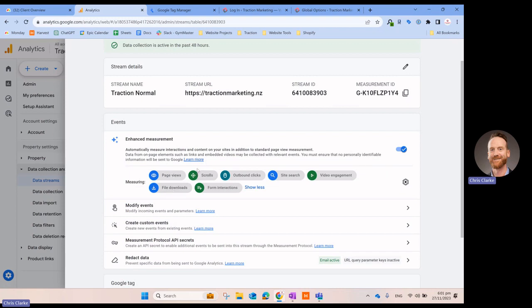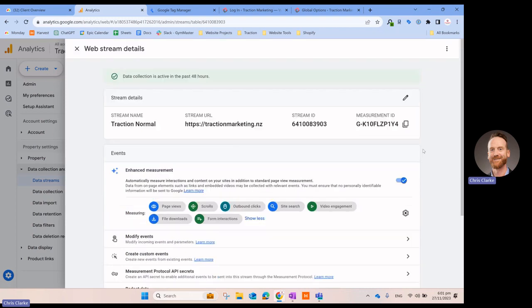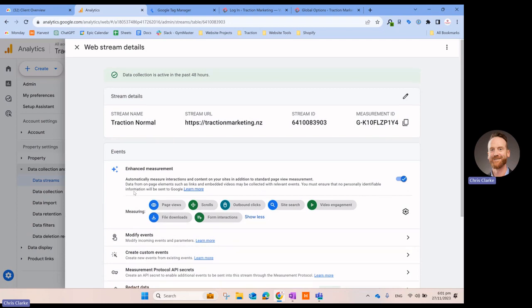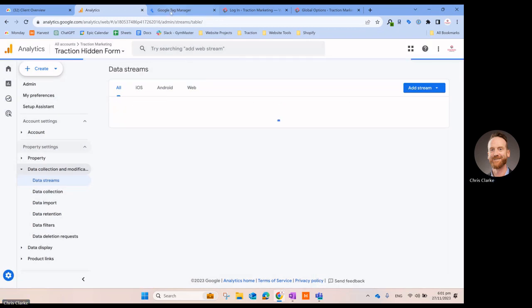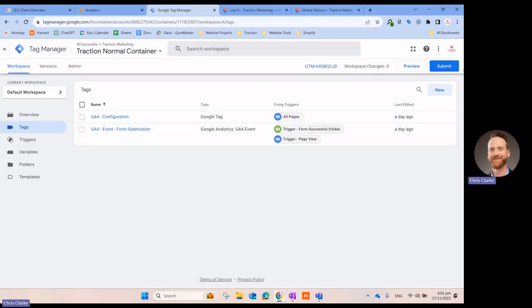But so the events are created, and then we need to indicate to GA4 that an event is useful and that we want to make it a conversion, which we would then send to things like Google Ads and Facebook, or whatever other types of paid advertising we have. So it can track all of these things, and like I said, it does it out of the box. So if I am in Tag Manager,